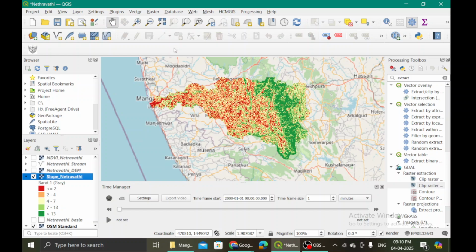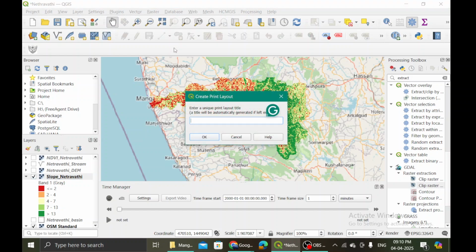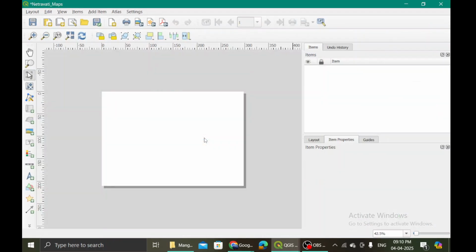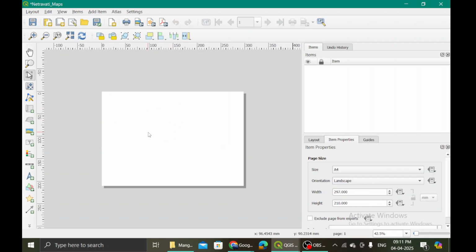If you want to do this, you can simply hold Control on your keyboard and press P. Right? So a new print layout will open up, and it will ask you to name it. So let me name it Netravati underscore maps. Right? And I'm hitting OK, such that a new interface will open before me.